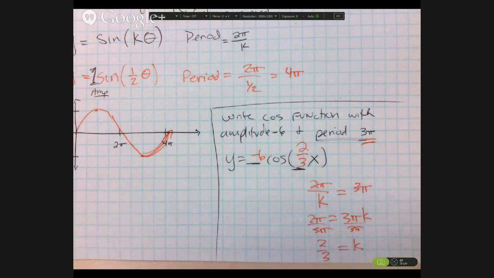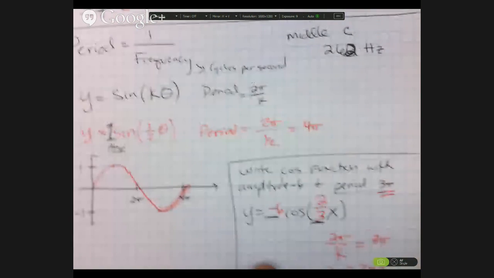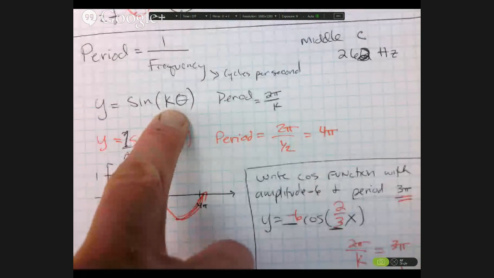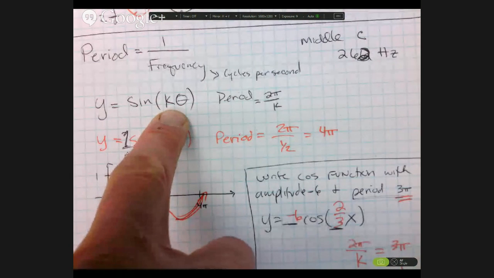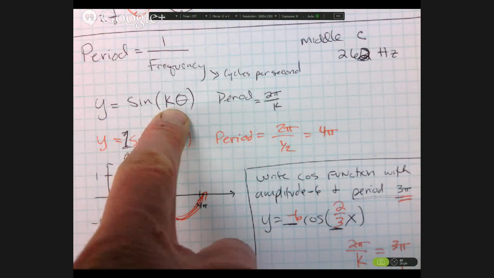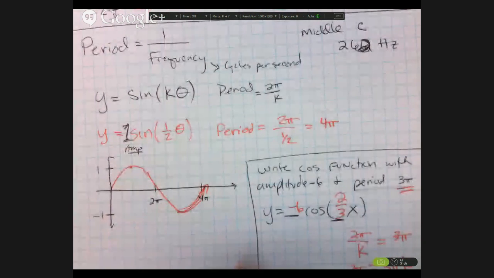I have a question. I'm confused why we did that. Why I calculated K? Yeah. When you write your function, the value in front of the x or the theta is the K value. That's not directly linked to the frequency or the period. Okay, you have to use this formula